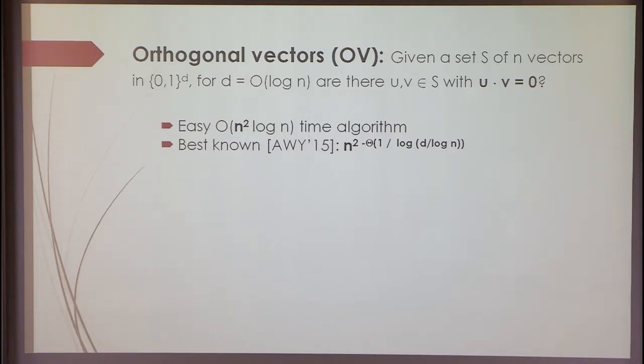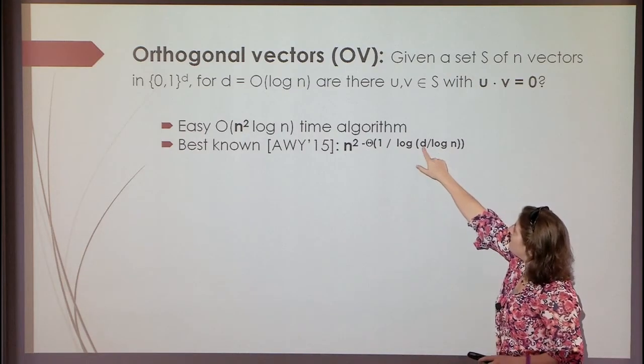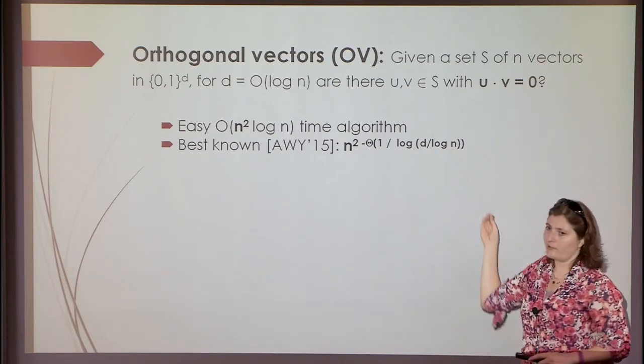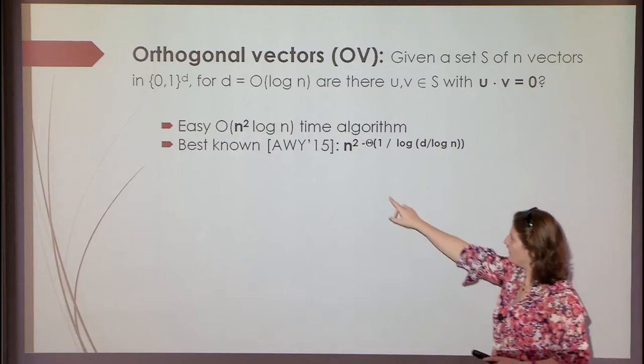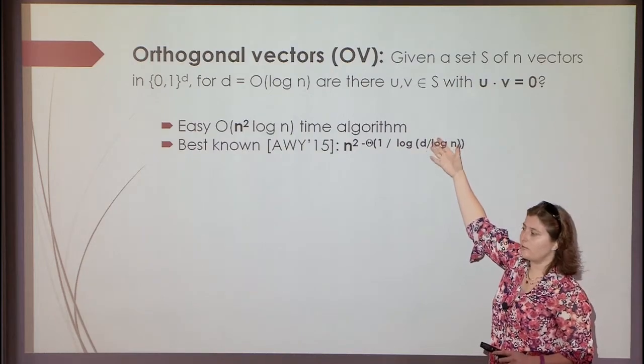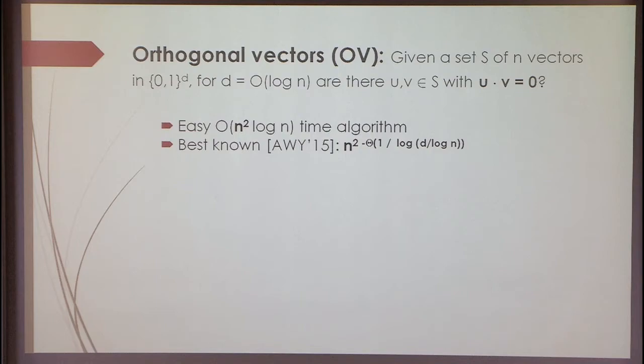Now, the best known algorithm, it's a little difficult to read, but what you should notice is when the dimension is some constant times log n, you get a little bit of an improvement depending on the constant in front of the log. So it's always better than quadratic for every constant, but as the constant goes to infinity, it goes to quadratic time. This is a very recent result, and it's the best known result for the problem. Unfortunately, even that result uses very sophisticated machinery, and it was still not enough to improve on the quadratic runtime